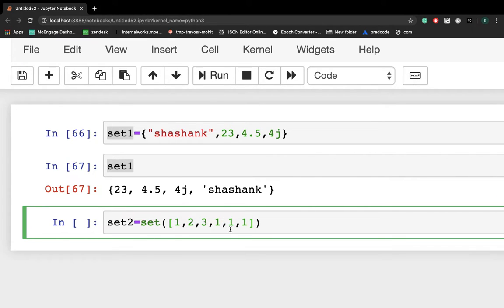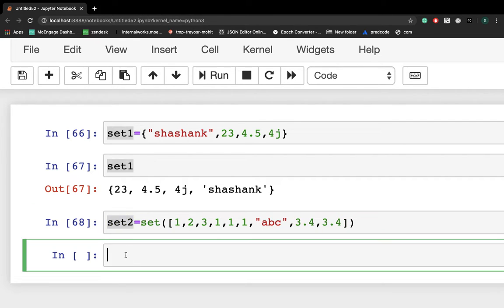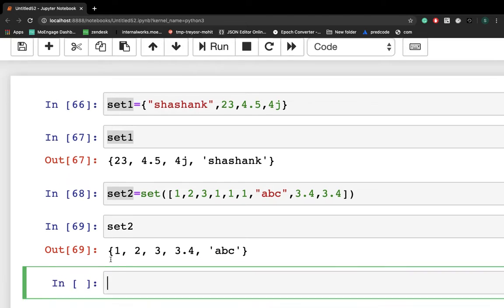Here you can see I have provided a few duplicate values, where 1 is repeating a few times. Now I'm providing ABC as a string, then 3.4, and again a duplicate value 3.4. I've created one set via the set constructor.